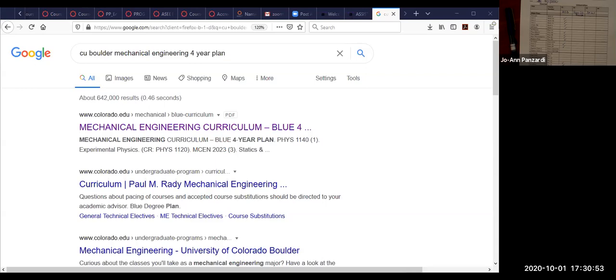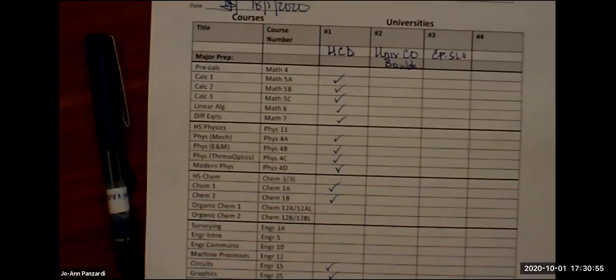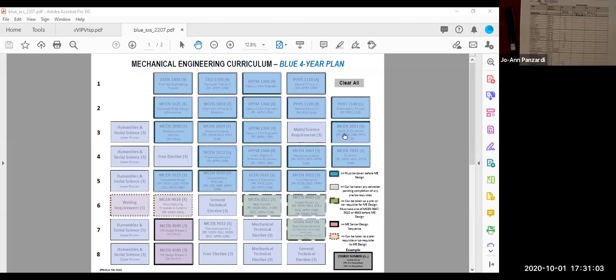And I will stop sharing, and then I have to go back and share. Okay, so now, why is it not showing? Oh, clear all. It might be a little bit hard for you to read, but going through here, I could tell,